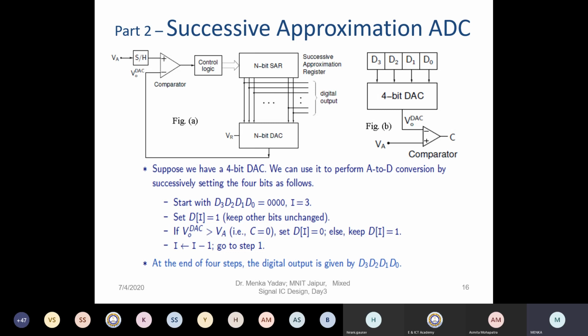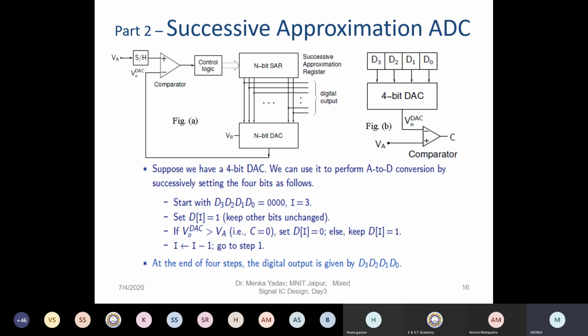Correct. Now let us look at the algorithm which is written in the same slide over here. What we have to do, we will start with all zeros. D0 to D3, all zeros we will start with. And since these are all zeros, what we are going to do is put the stack corresponding to MSB. So i is equal to 3 in this case. So set Di equal to 1. Di is nothing but MSB, right? Because D3 is what? It is MSB.